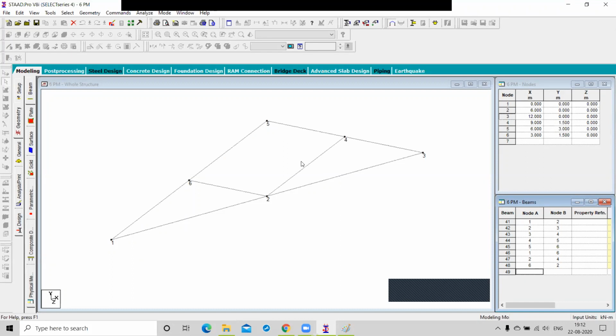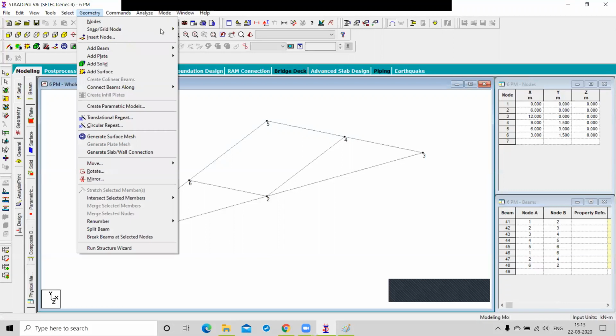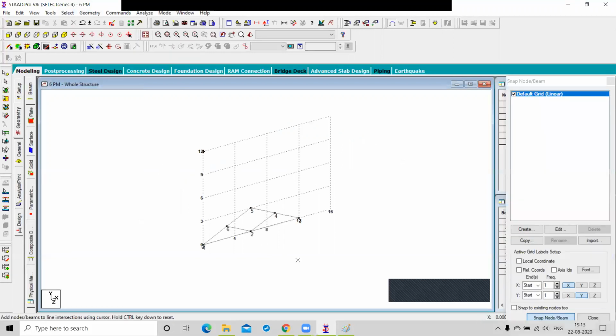So you are able to draw this with the coordinate method. First, how can you obtain this coordinate method? How can you activate this coordinate method? If you activate the grid, right? Now the default is the snap grid beam is created, right?